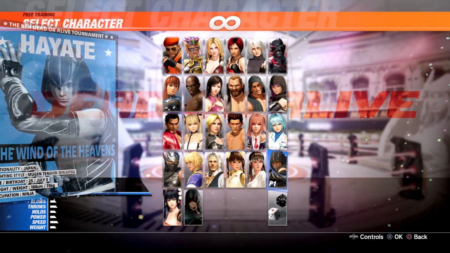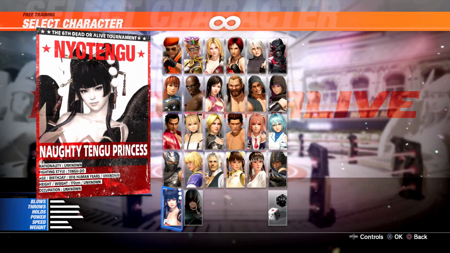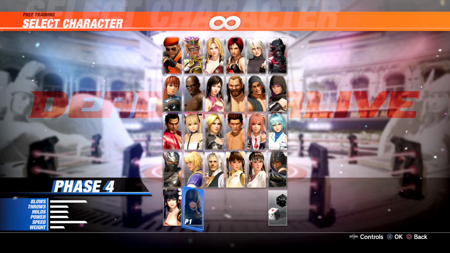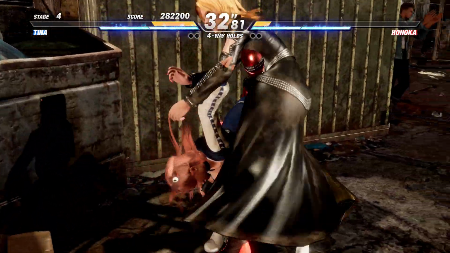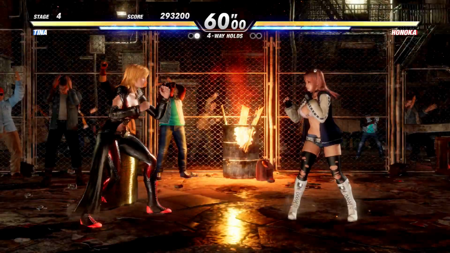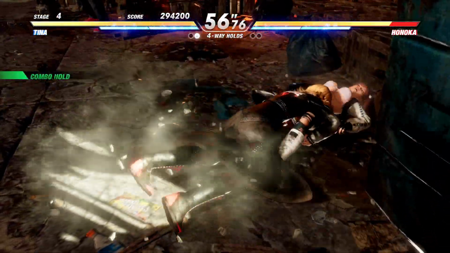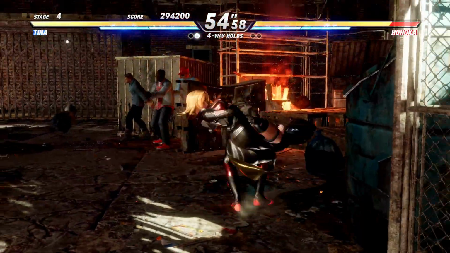There's no Ein, but Ein was Hayate, so he's in the game anyway, sort of. There's no Leon, and if you know the channel, Leon's one of my favorite game characters of all time, so no Leon really stinks, but I'll get over it. But basically, when you pick a lot of the core characters, this is what you'd be looking at. There's no Momiji, there's no Rachel, but